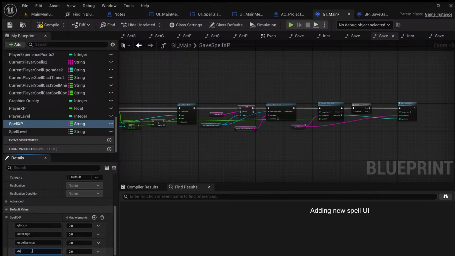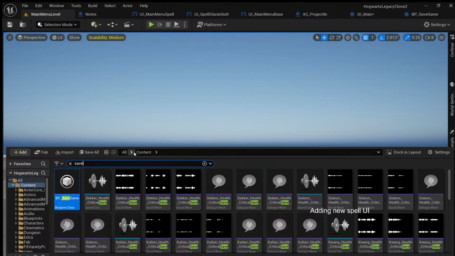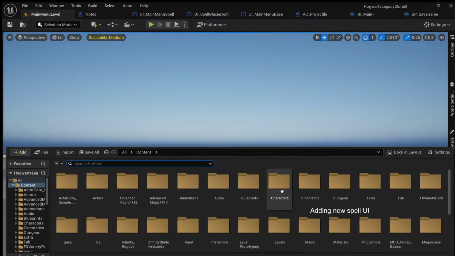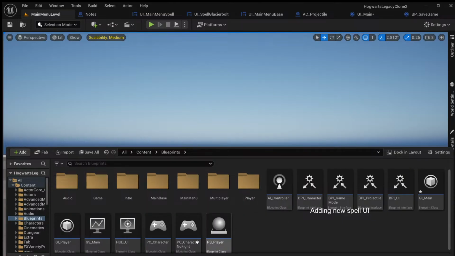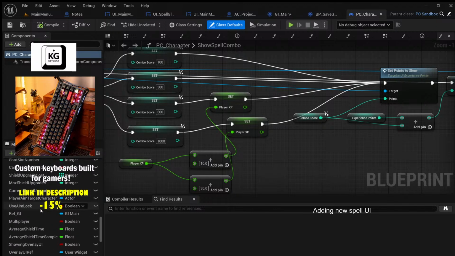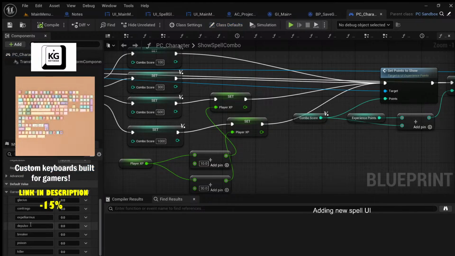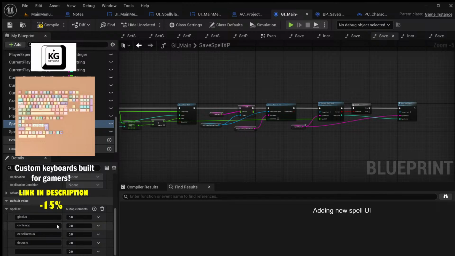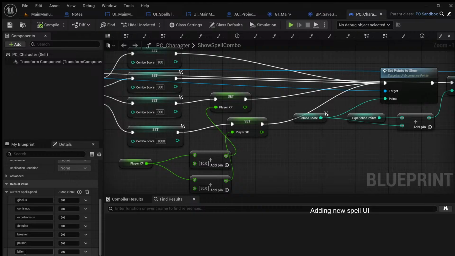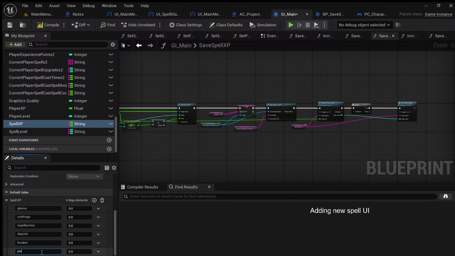And I actually forgot the names of my other spells, so I need to go find them. If I remember correctly, they are all stuck in my player controller, so let's go there. I'm quite sure I have a variable with all of my spell names in here. Spells, yeah, right, like here for example. So breaker, that's how I called it. Okay, poison and killer. Okay, so poison